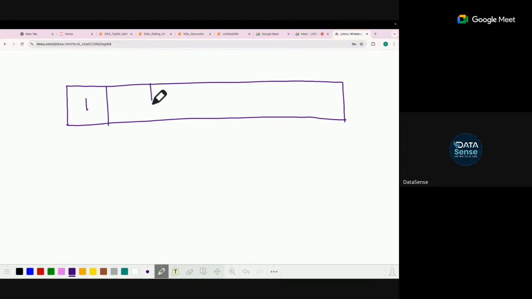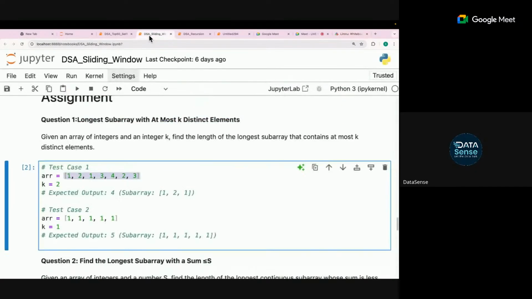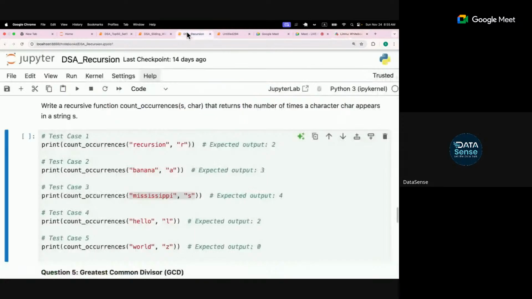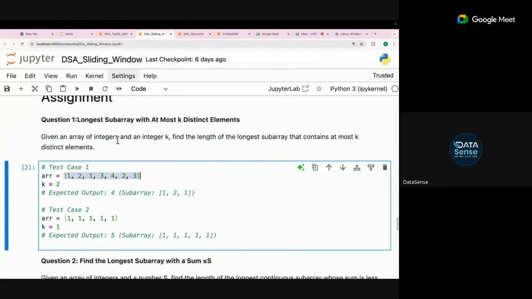What I need to find, given an array and an integer k,